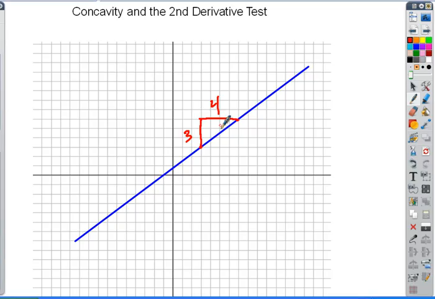What if they were changing at the same rate? Then what kind of slope would we have? 1. It'd be a 45-degree angle, right? But in this case, the rate of change of y is a little bit less than 1, so we get a shallower slope. Okay? It's most convenient for us to think about that as slope because that's a parameter we can attach to lines. But if we're talking about a curve, something that's not straight,